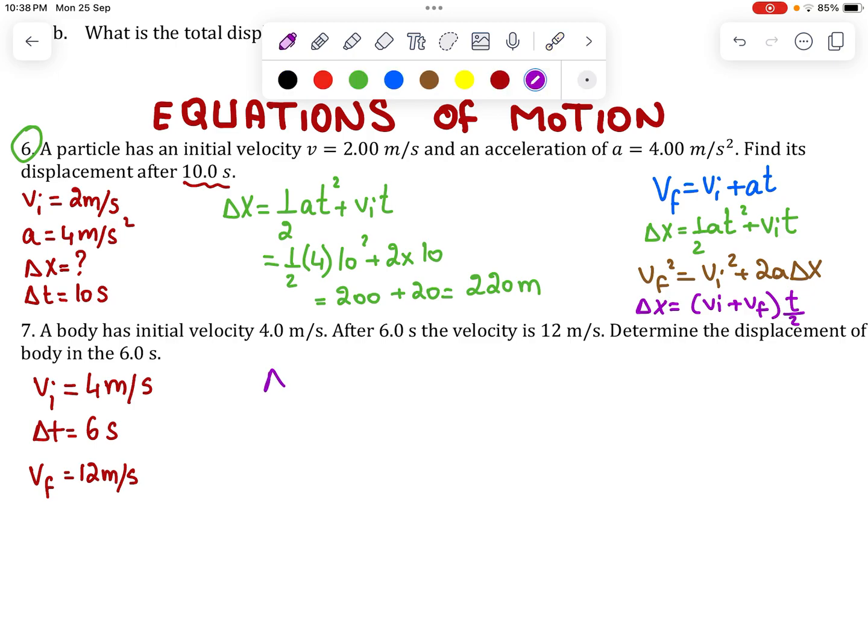So delta x, which is the displacement, equals the initial velocity plus the final velocity, multiplied by the time, over 2, which is 4 plus 12 times 6 over 2. So here I have 16 times 3, which is